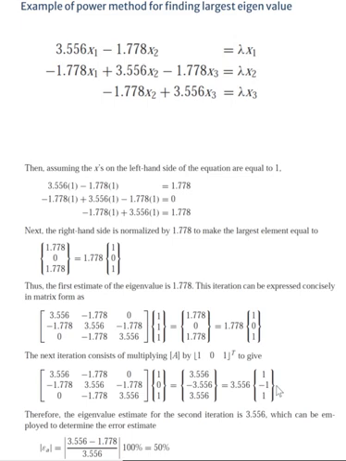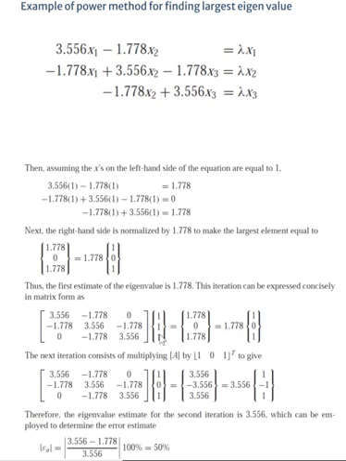Also, with little modifications, it can be used for finding the smallest eigenvalue and its corresponding eigenvector. So let's start with how the power method works. Basically, we are given a system of linear equations, and we have written it as Ax equals lambda times x, and this x has three components, x1, x2 and x3. So the eigenvector consists of these three components.